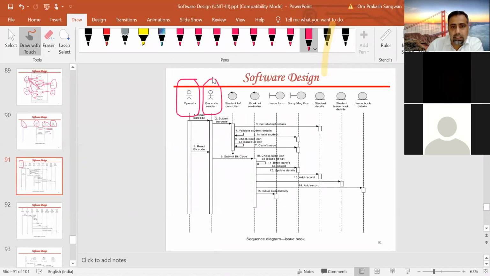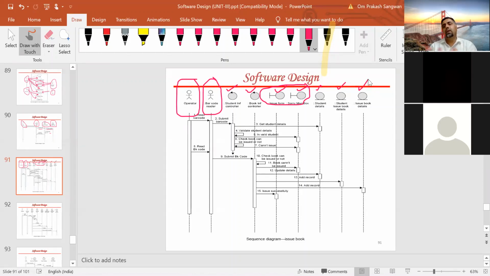Besides this, we have the control classes, student information controller and book information controller, then the interface objects, issue form information object and message box information object, and the entity objects, student detail, student issue book detail, and issue book details.